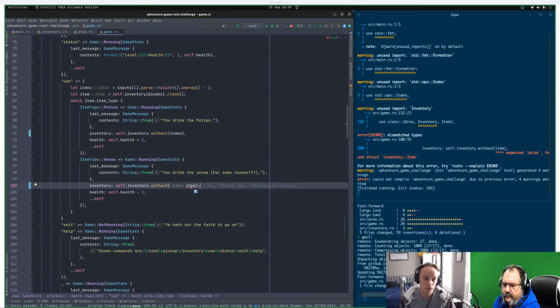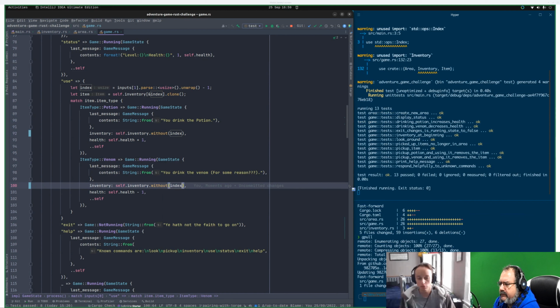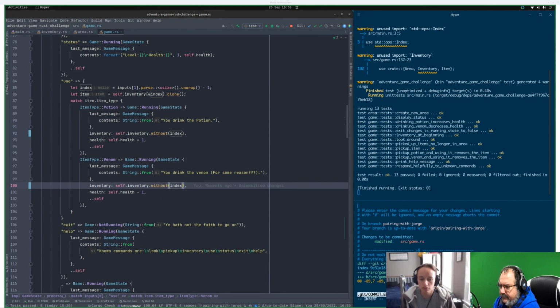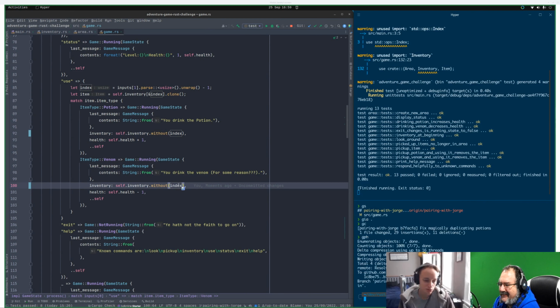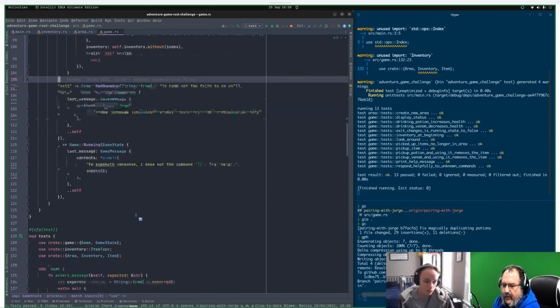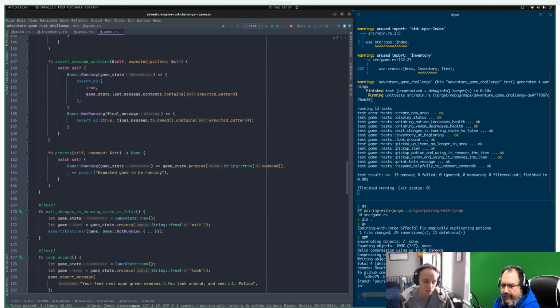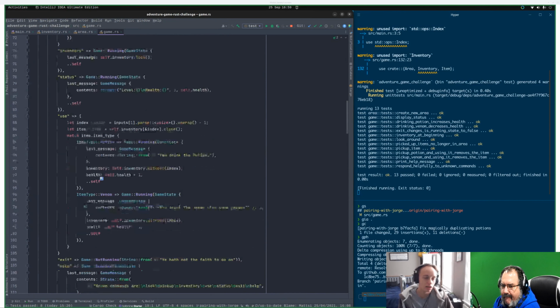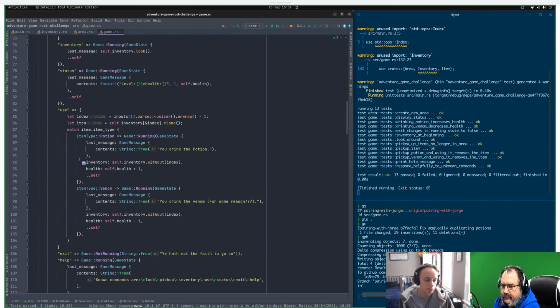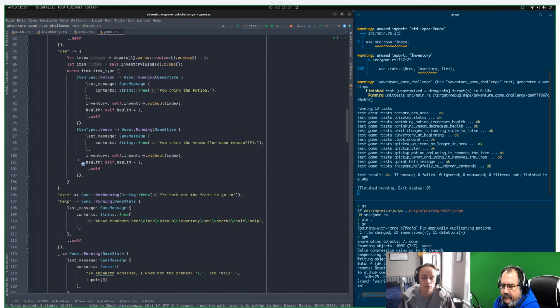No, we saw this once before, didn't we? Index. Oh, yes, of course. Oh, cool. So, fix magically duplicating potions. Cool. Okay. So we've fixed the bugs we found with the inventory. We've added the Venom, so we have a new item type we can use now. There's a few different areas we could look into from here. What are you thinking? What do we want to look at next?